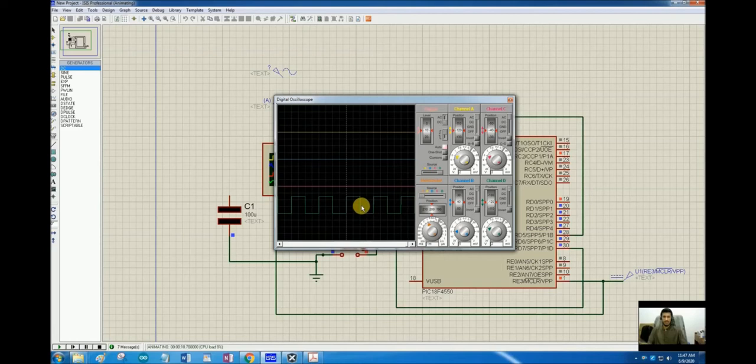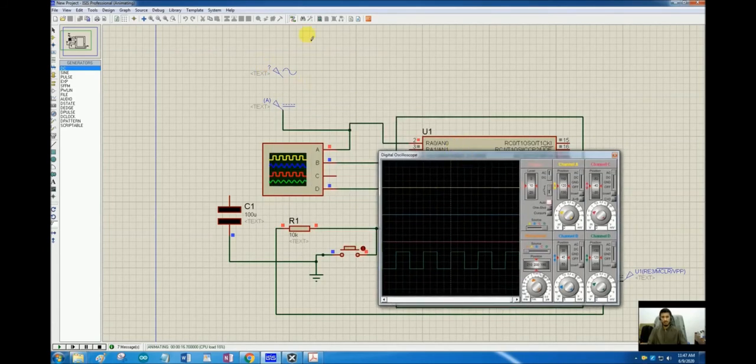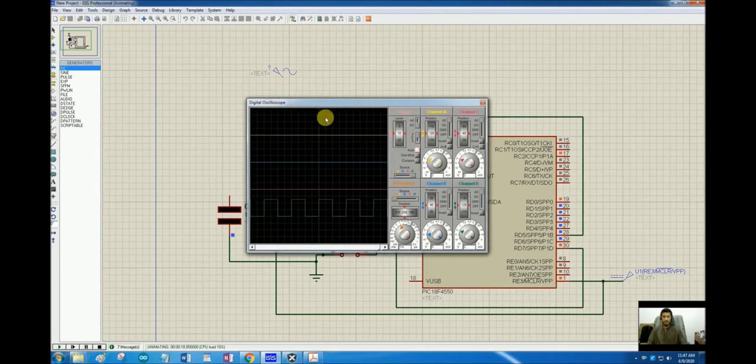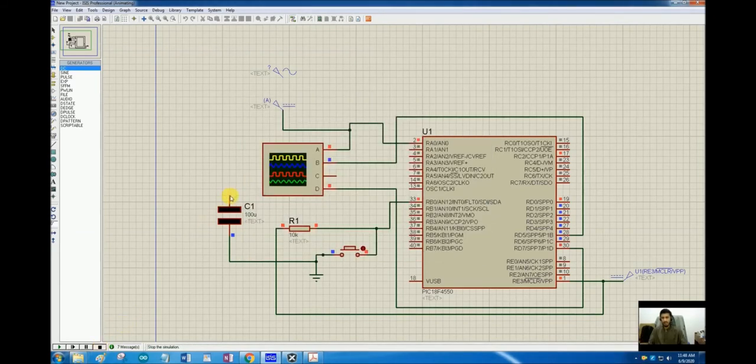So it is somewhat near to what we were generating in the previous lecture, that was a 100 Hertz waveform. The sine wave was 100 Hertz. I wanted to keep the duty cycle and the time period of these two waveforms similar for comparison. So let's assume we are not using SPWM and we are generating a square wave for our inverters, and we filter this square wave to get an output wave somewhat near to the sine wave. What kind of waveform should we expect? Let's connect a filter and see what happens.